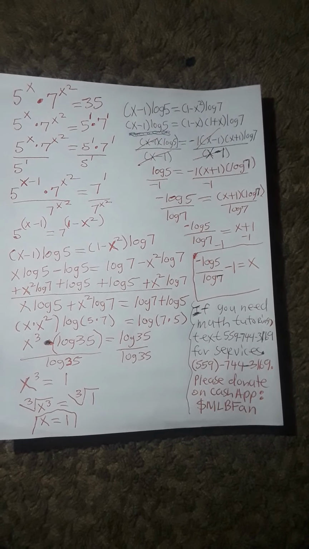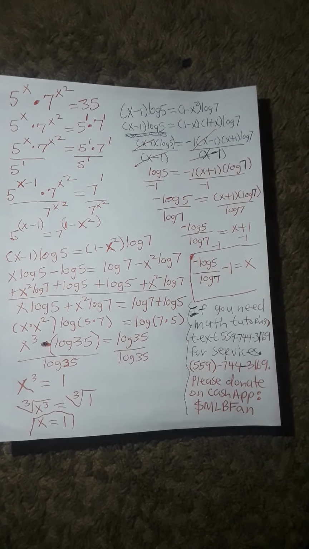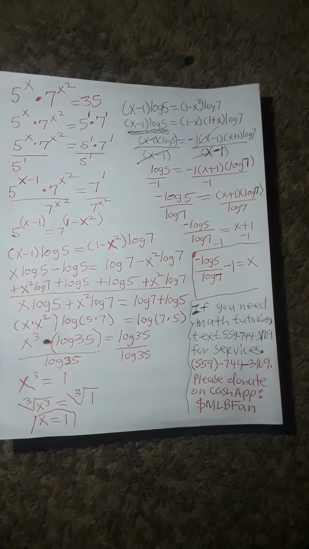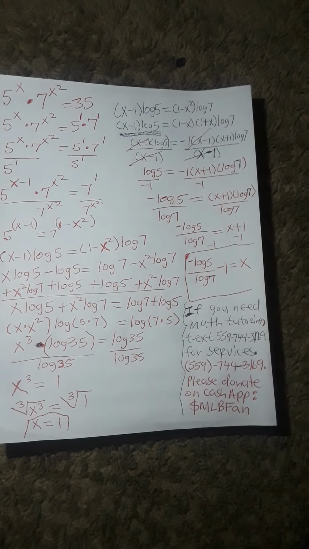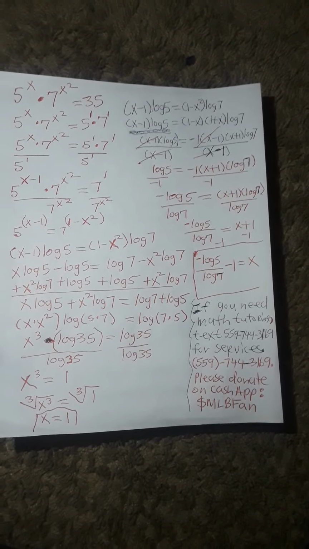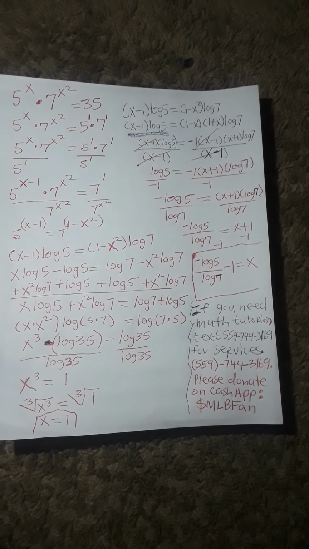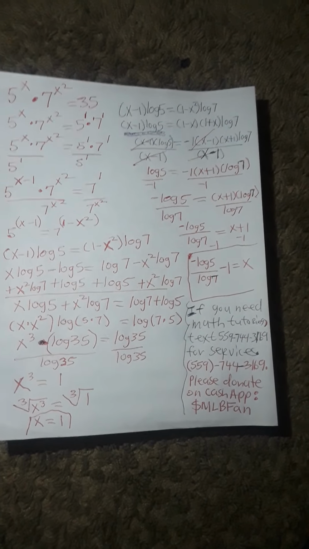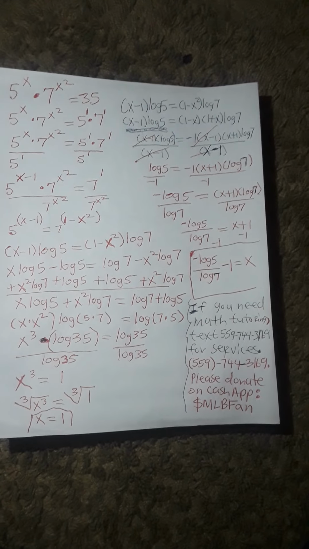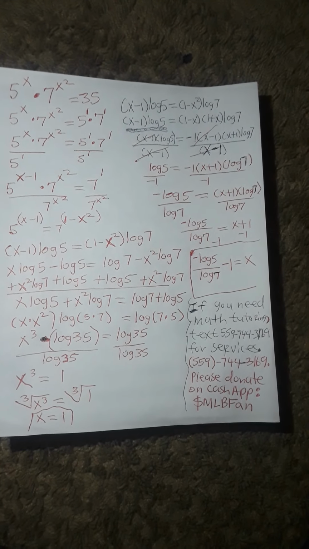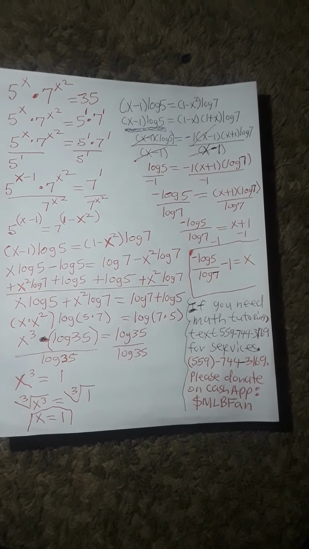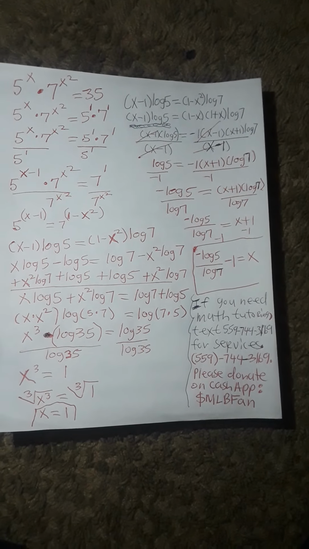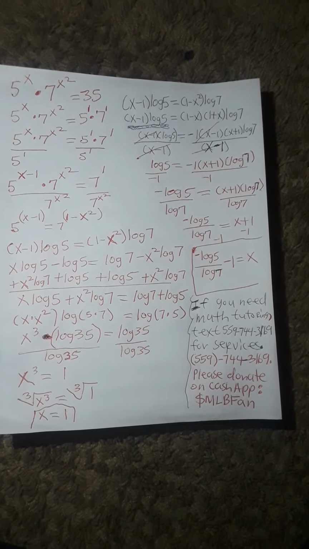And then we do the quotient rule where you have the same base, so you subtract the exponents. So that will yield 5 to the power of x minus 1 times 7 to the power of x squared is equal to 7 to the power of 1. Now, we need to divide 7 to the power of x squared to both sides of the equation. And this will yield us 5 to the power of x minus 1 is equal to 7 to the power of 1 divided by 7